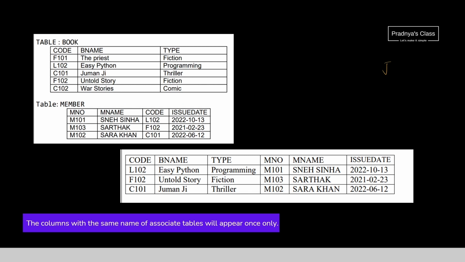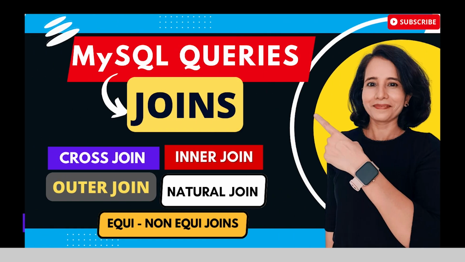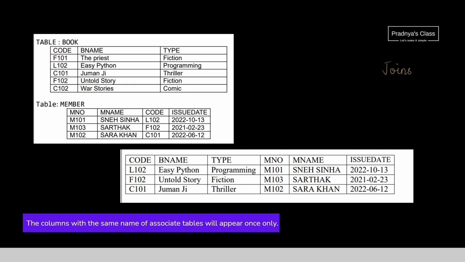I hope your concepts of joins are crystal clear. If not, I will suggest you to go through this video at the speed of 2x so that all the concepts related to joins will get recalled. Now let's check out the output of the natural join. All the columns of the first table will get printed. This is the first column, this is the second, and here is the third column of the first table. Now look at the columns of the second table. The first column of the second table is getting printed. Even the second column is also getting printed.